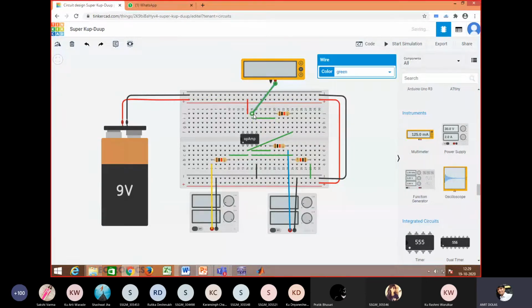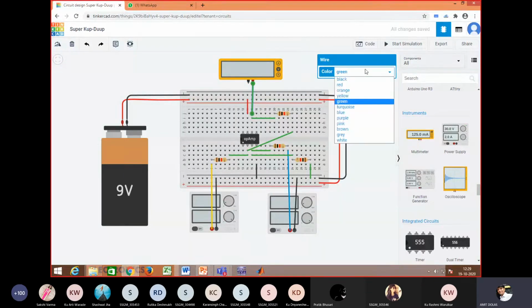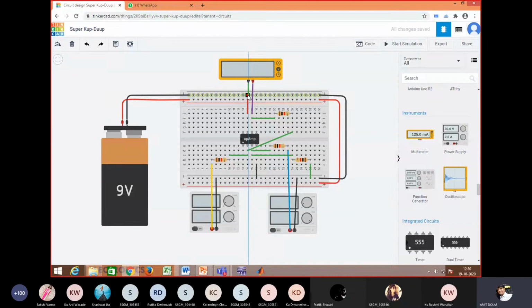So this is pin number 6, which is the output. We may have a certain different color. Anything. Another terminal, negative, will be grounded. So here it is ground.